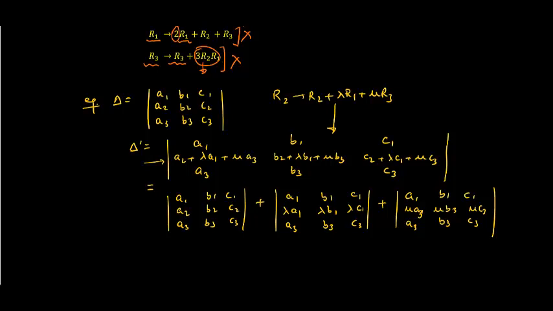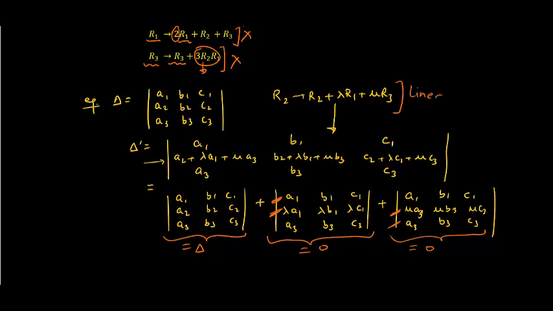Now we have seen this as a property, a standard property. And now what you find is that this particular determinant is 0 because the first row and the second row are proportional. By a similar argument, this determinant is 0 because the second row and third row are proportional. And what you get here is the same as delta. So that proves why the linear transformation along the rows and columns, this is commonly called linear transformation, why these linear transformations along rows and columns of a determinant are valid, right?